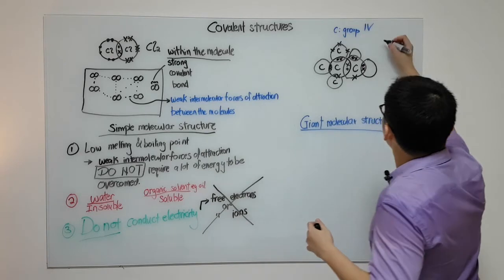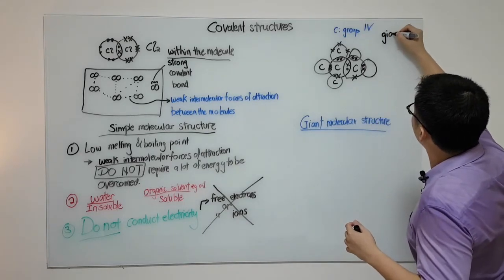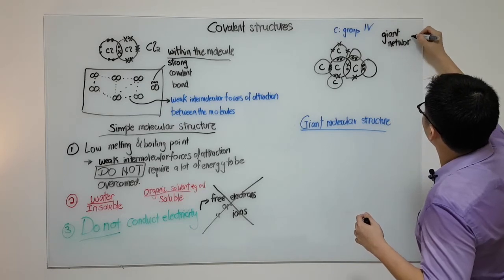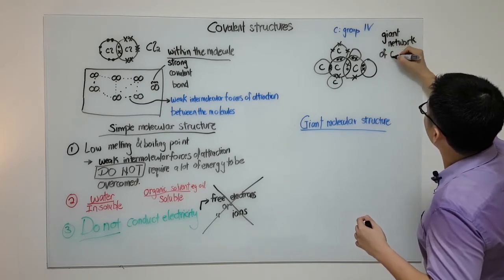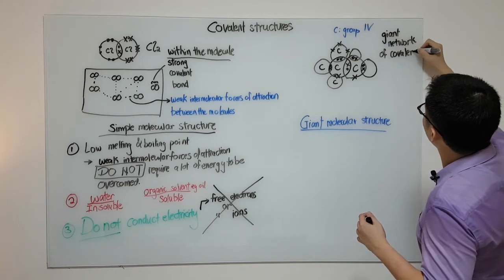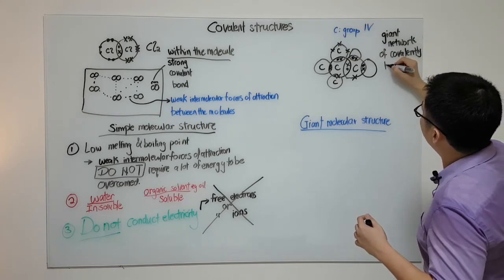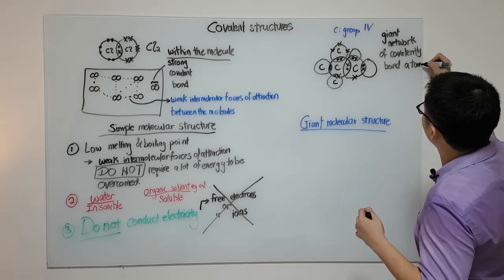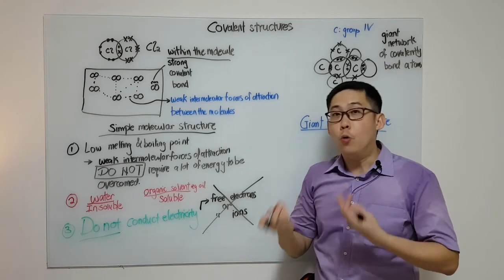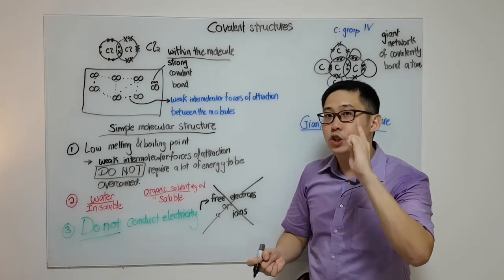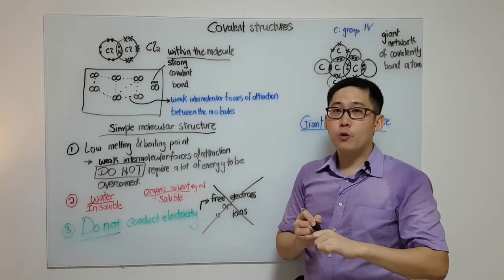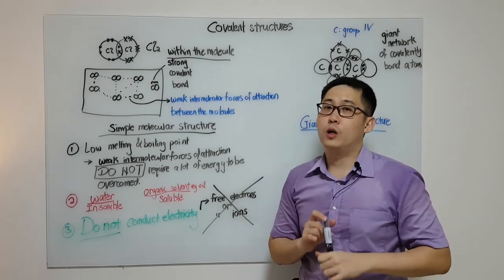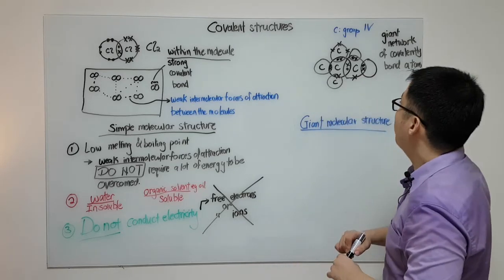The keyword here is a giant network of covalently bonded atoms. So it's as if when you hold 1 diamond, it is 1 giant molecule with all the carbons bonded through a covalent bond. So what happens is,